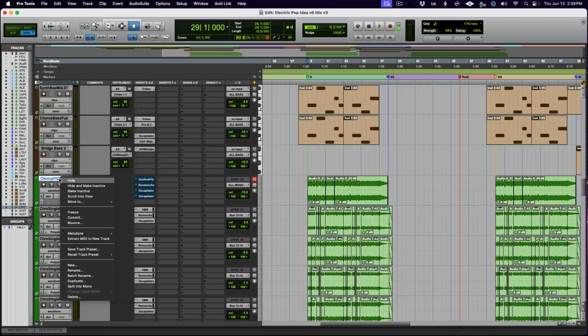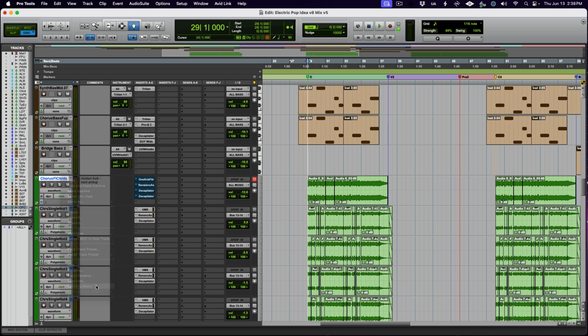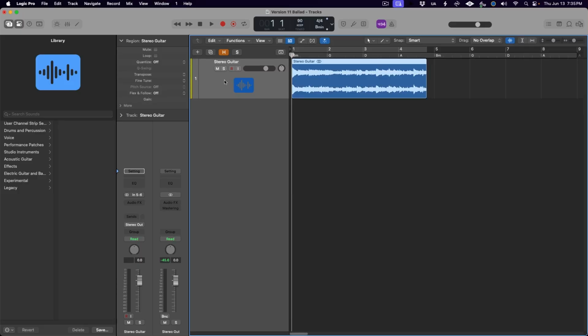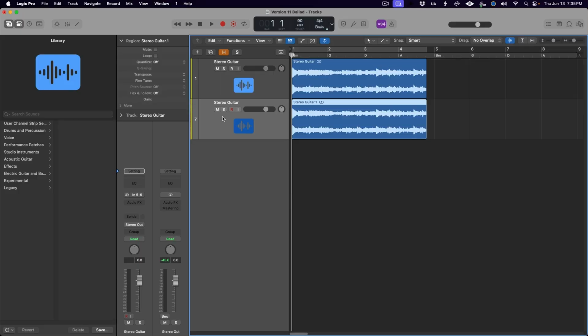This is a classic Pro Tools feature where you could just right click on a track and choose split into mono, and it automatically decouples the left and right channels in a stereo track and puts them into two mono channels panned hard left and right. Super simple, super useful. The only way to do this in Logic Pro right now is to duplicate the stereo